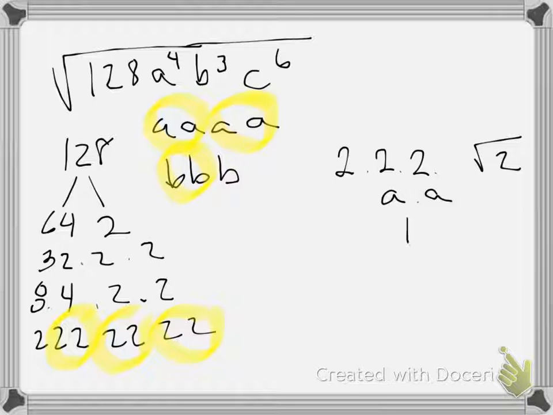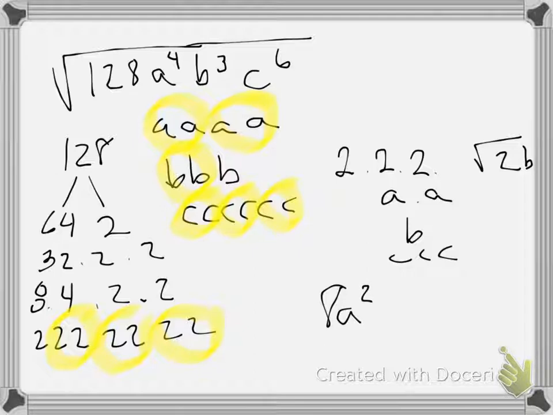So I have a B outside and a lonely B that I couldn't use. And then the C's. How many C's do I have? And how many sets do I need? We have 3 sets of C. So the answer is going to be 8 a squared b c to the third,